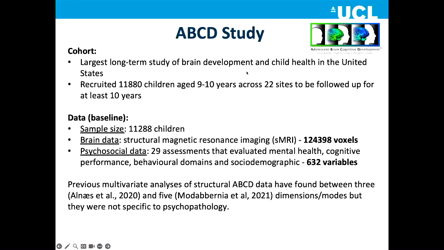There were, before our study, some similar analyses of the ABCD data, but using ROIs, and they hadn't found any latent dimensions related to mental health. So the question we had is, by using voxel-wise data, will we be able to find latent dimensions capturing psychopathology in this sample, because this is a healthy sample? They are still very early on.